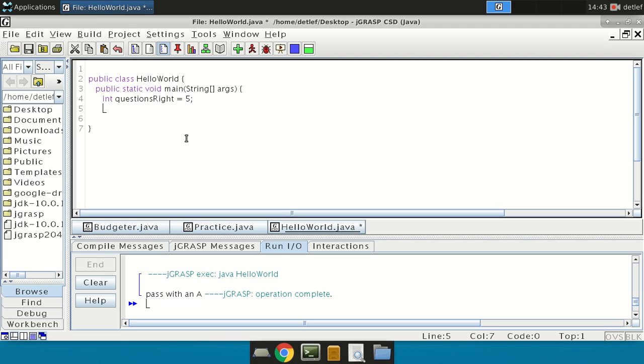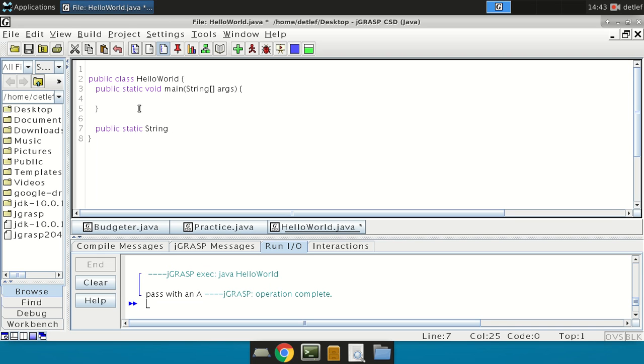So the next thing we're going to talk about is something called a fence post problem. We're going to step away from ifs for a while and go back to for loops. Looks like I'm missing a bracket right there, so add that in. Let's create a function called public static